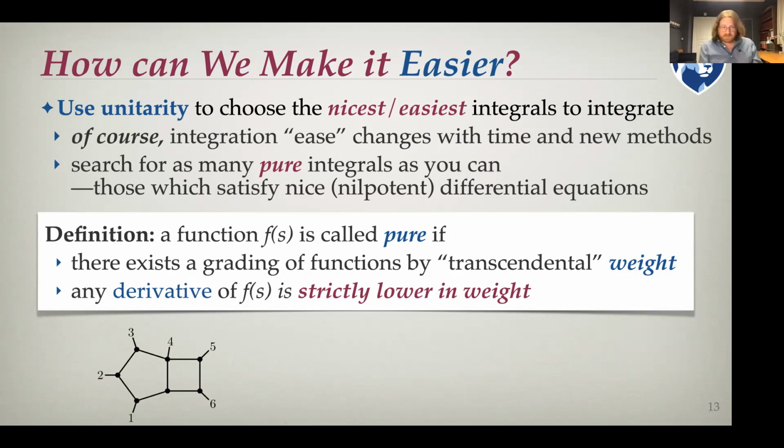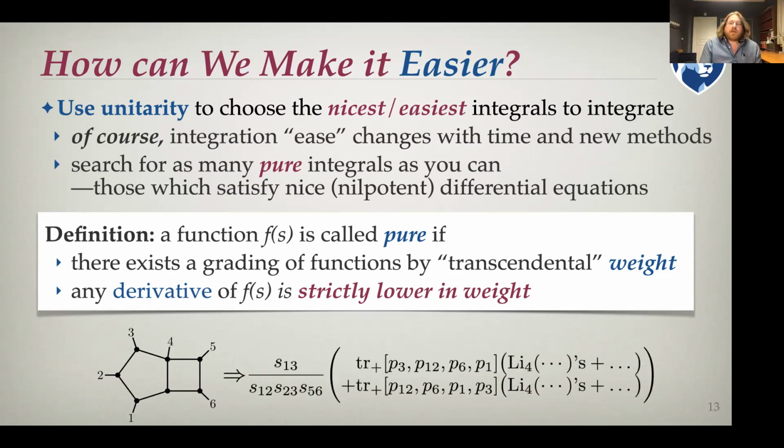Like take, for example, this set of Feynman propagators with 1 in the numerator. If you just put 1 in the numerator, what do you find? You get some kinematic thing that depends on some Mandelstams, but then you'll notice that it is the sum of 2 things with different functional coefficients. These trace pluses, it doesn't really matter what it is. The point is that because it is the sum of 2 different pieces with 2 different coefficients, any derivative you take of this thing is going to hit the outside first in the chain rule, and you can't even rescale it away. And so it's natural when you see this kind of integral that maybe you should look inside the